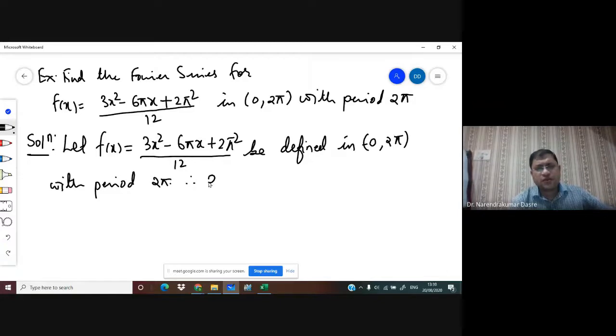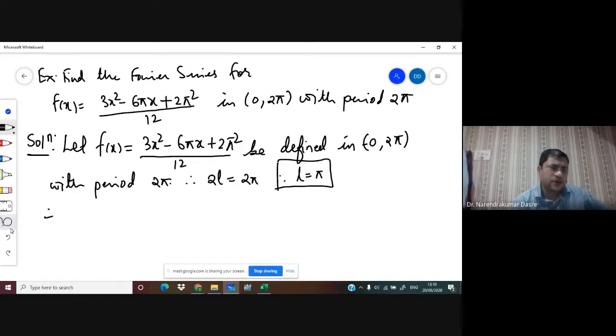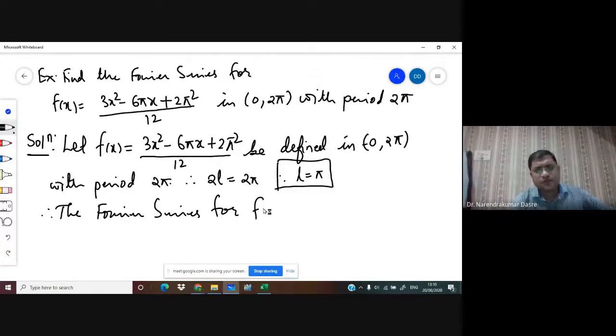And hence we have 2L is equal to 2 pi, so L is equal to pi. Now for this function we can see that it is not required to check whether it is even or odd. So we can say the Fourier series for f of x is given as,